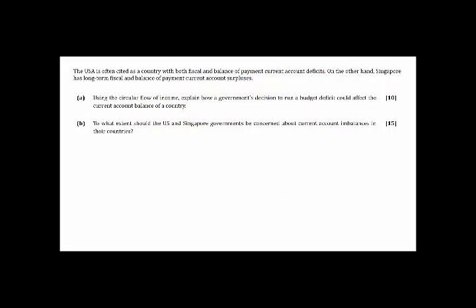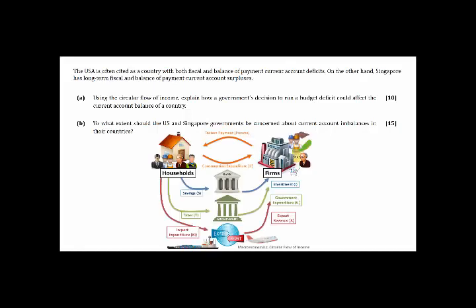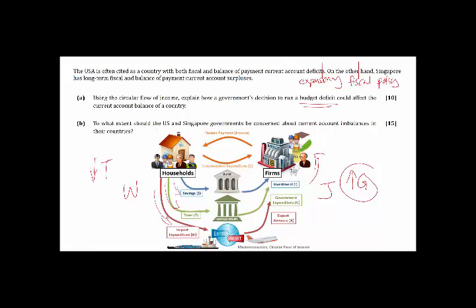All right, so if you recall your circular flow of income, this is how it is. This side are your withdrawals, this side are your injections. So as we mentioned, your budget deficit here is like your expansionary fiscal policy. So when there's expansionary fiscal policy, what you do, you increase G. Alright, and you can see how an increase in G here will invite your firms to produce more. And when your firms produce more, they hire more factors of production, pay out higher factor income. So this means that on the withdrawal side, okay, there's more going into your saving, your taxes, and your imports. Alright, so we want to know how this increase in G, how this decrease in T here will affect your X minus M component. Alright,